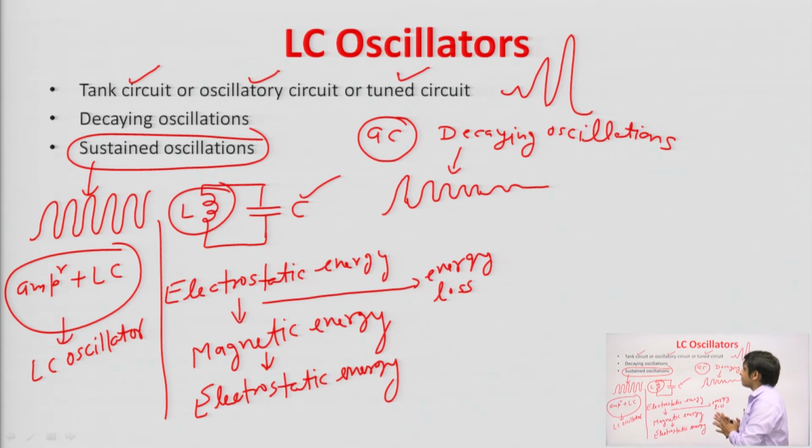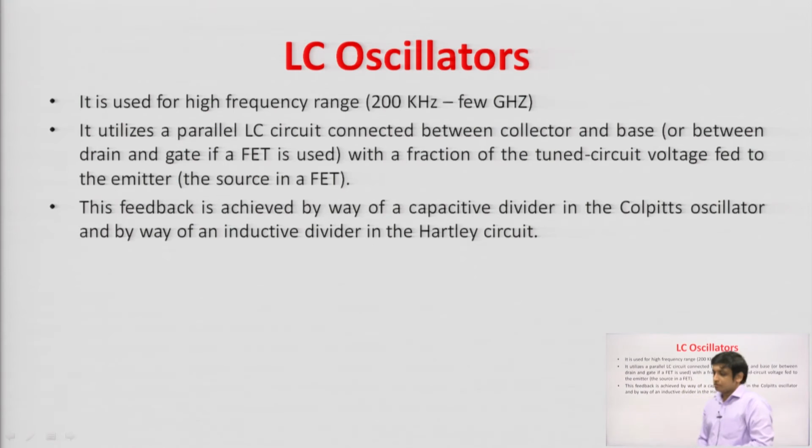So, this is the concept behind LC oscillations. We are going to use this inductor and capacitor in parallel along with an amplifier. We have already used an amplifier in RC oscillators. In RC oscillators, we used inverting and non-inverting amplifiers in the Wien bridge and phase shift oscillators. You can refer to lecture 17 for that. Now, coming to LC oscillators, the first difference between LC and RC: in RC oscillators we use resistor and capacitor, in LC we use inductor and capacitor along with an amplifier, of course.